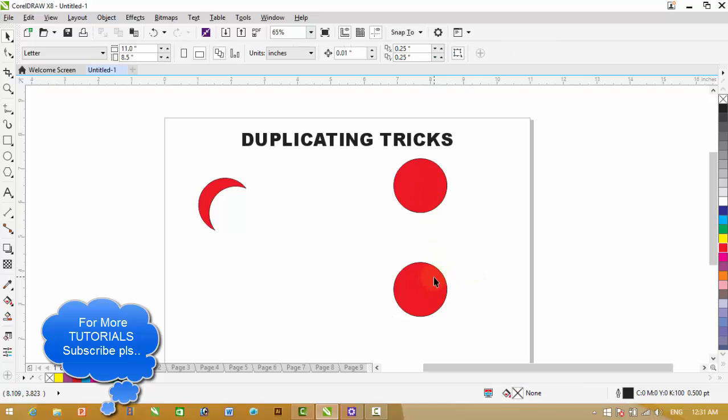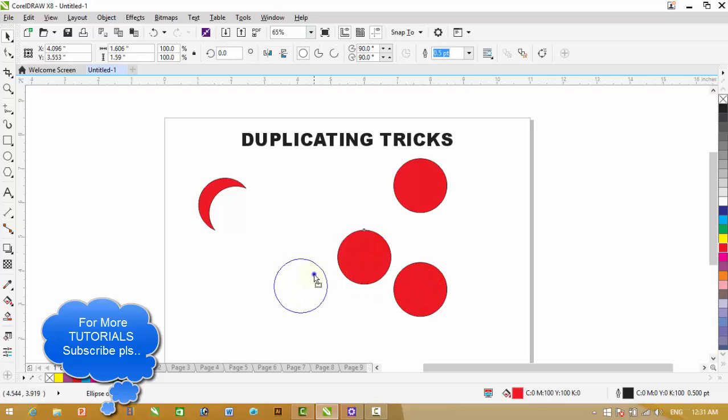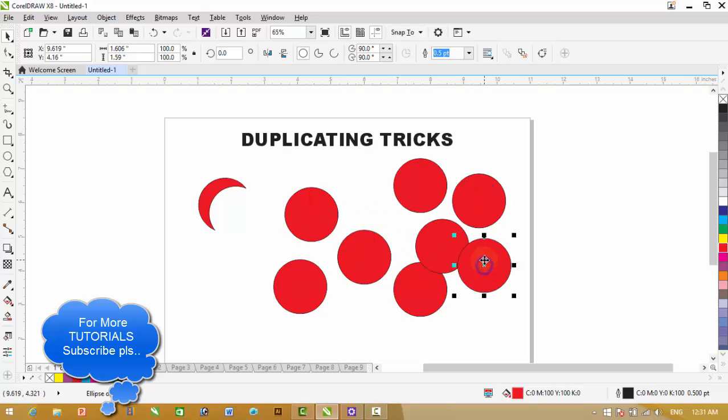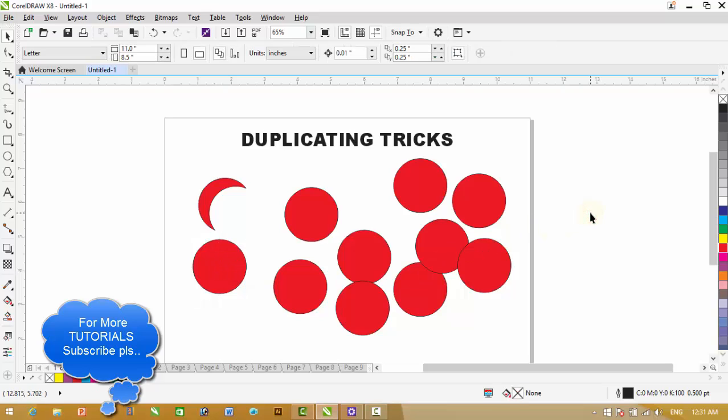So this is a very important command. We can create duplicates of an object everywhere we want to. We can move the object freely somewhere and then create a duplicate of this object in no time. This is one part of this command. Now I will show you what difference it will make when we combine this command with some other commands.